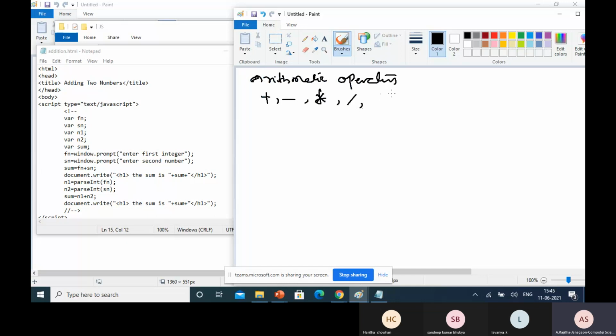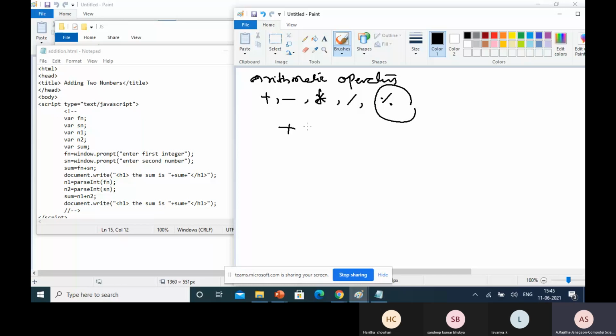Next, modulo. JavaScript provides the remainder operator, which yields a remainder after division. You know that all these are the arithmetic operators, and operator precedence is the same.